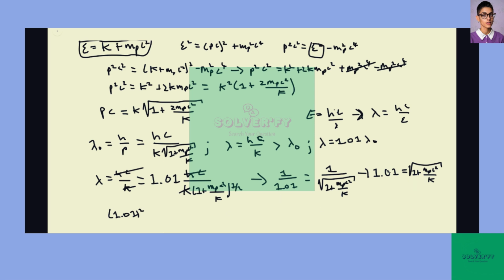I'll just do this, I don't want to skip too many steps for you guys: it's equal to 1 plus m_p c squared over k. All right, so now just move the 1 over that way. So 1.01 squared minus 1 is equal to m_p c squared over k. Solve for k: multiply that side by k, divide that side over here. So we get k is equal to,